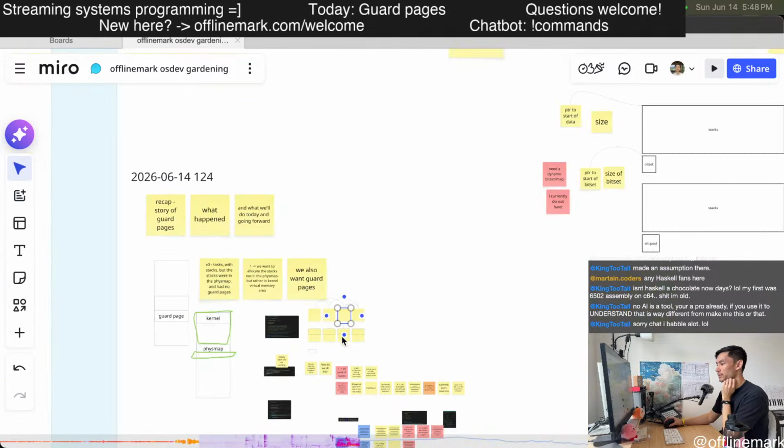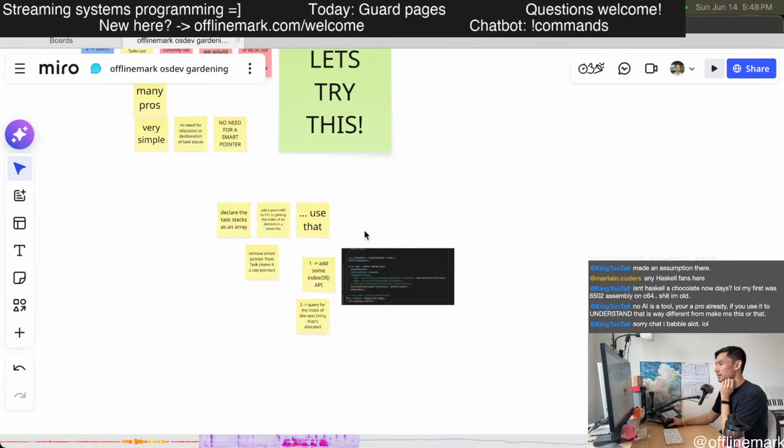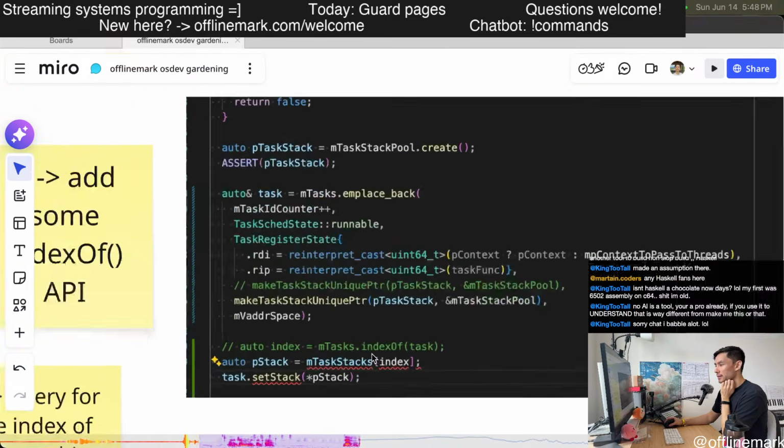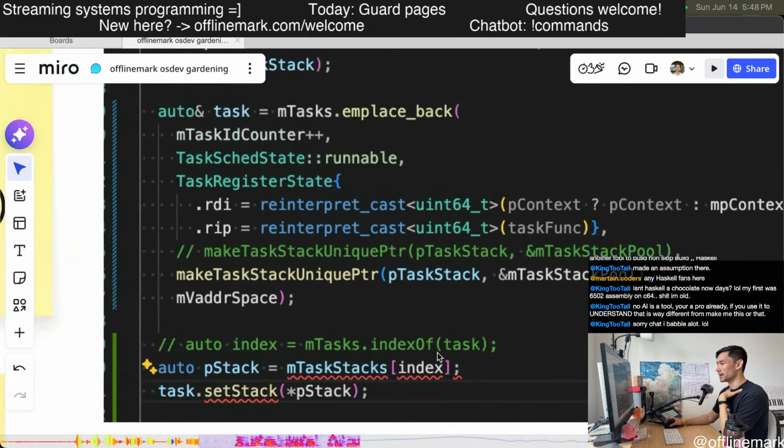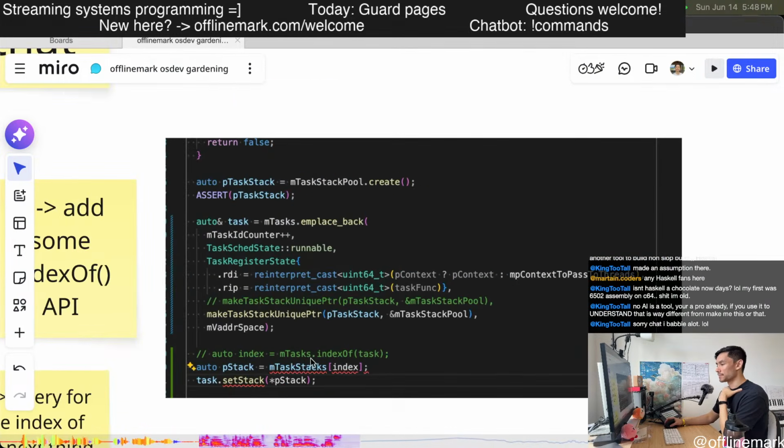Like, I genuinely think that the internal index of is sort of a cleaner name, but the code is just like more whack.